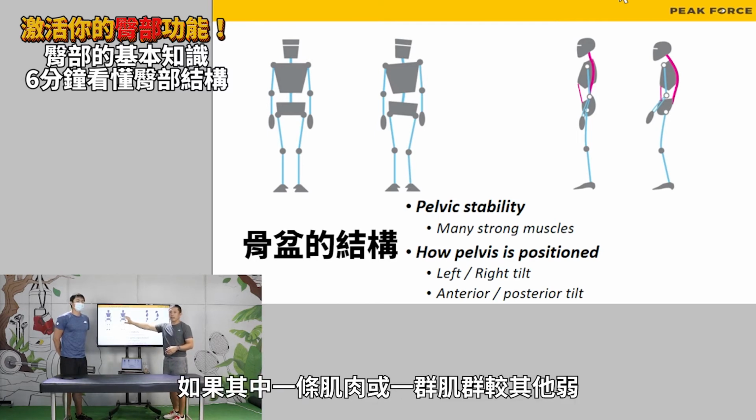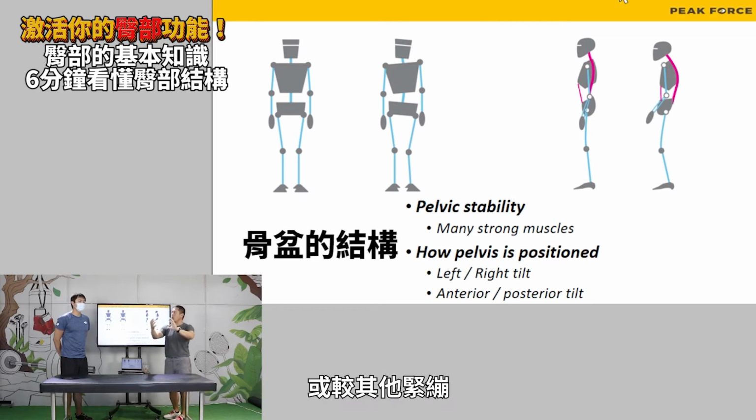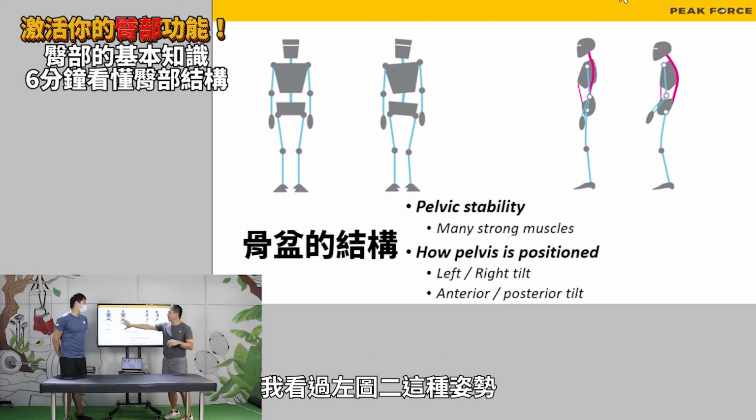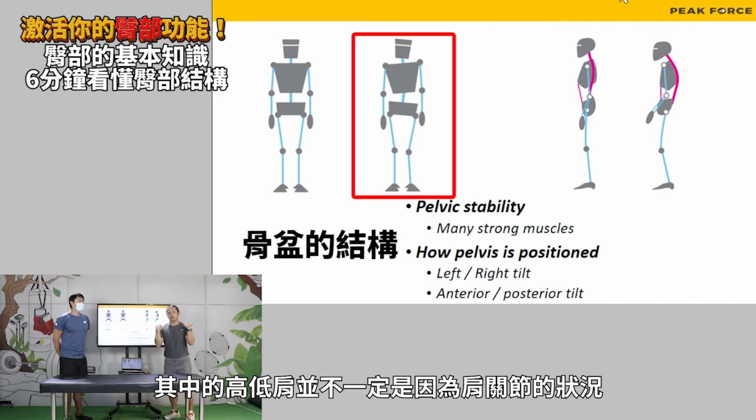Okay, and then if you have one muscle or one group of muscle being weaker than the other or tighter than the other, of course it's gonna tilt the position. 好,那在髋关节就是骨盆的位置附近,它有很多的肌肉。如果你的这些肌肉它有左右平衡,或者是说有一边比较强壮,一边比较虚弱,或者是说一边比较紧绷,一边比较有弹性的状态下的话呢,这样看起来都会让你的骨盆是呈现有一些倾斜的情形。 For example, I've seen this type of posture from shoulder, but it's actually not coming from the shoulder, it's